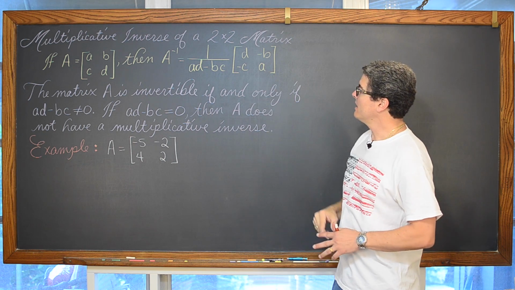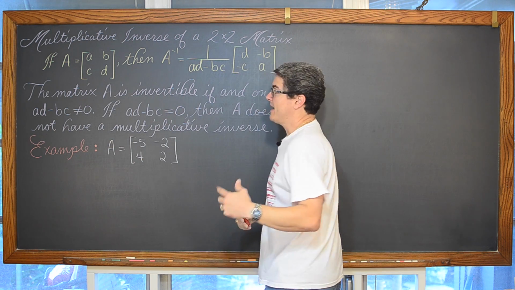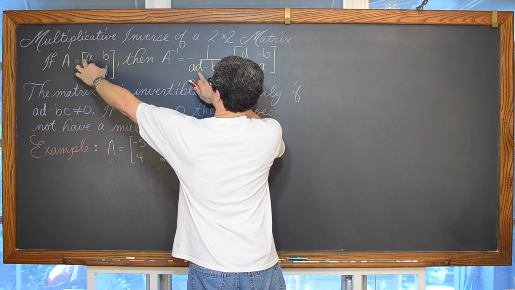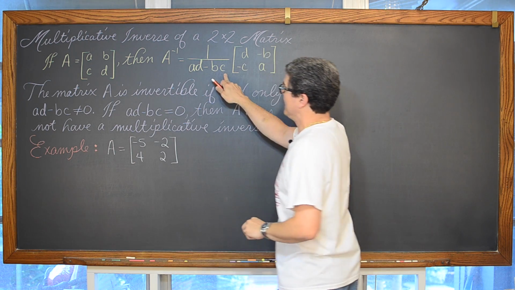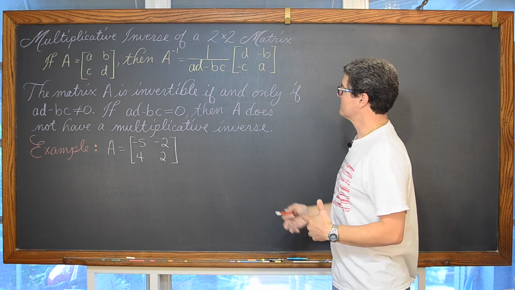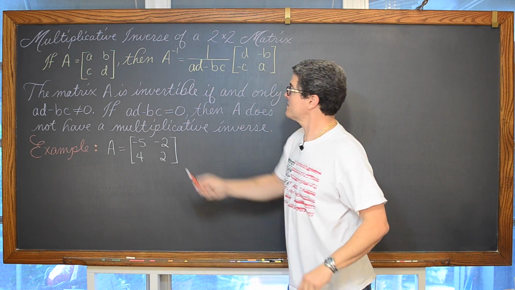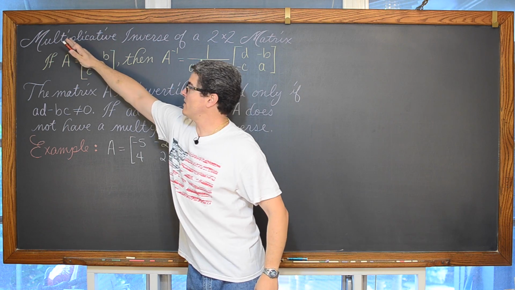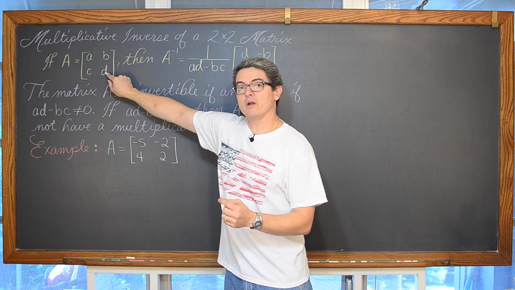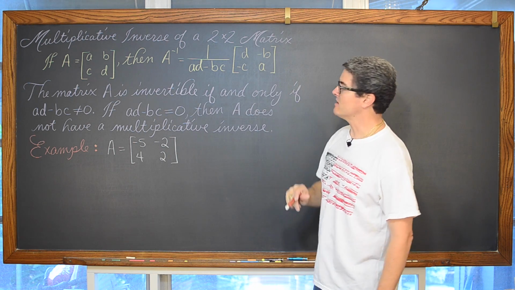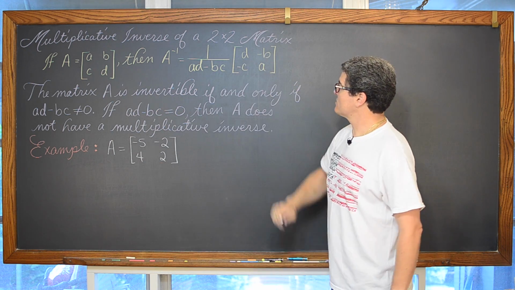So what we're doing here is we're going to take this sort of downward to the right diagonal, multiply these values together, A times D, and then subtract that with the multiplication of the diagonal going in the opposite direction, B times C, and that's going to get some kind of scalar multiple. And then we're going to sort of change the sign and the position of some of these elements. A and D, the down to the right diagonal, they're just going to change position. So you see that D is in the bottom right hand corner, but now it's in the upper left, and A is where D used to be. And we're going to take these elements of B and C and simply change the sign.